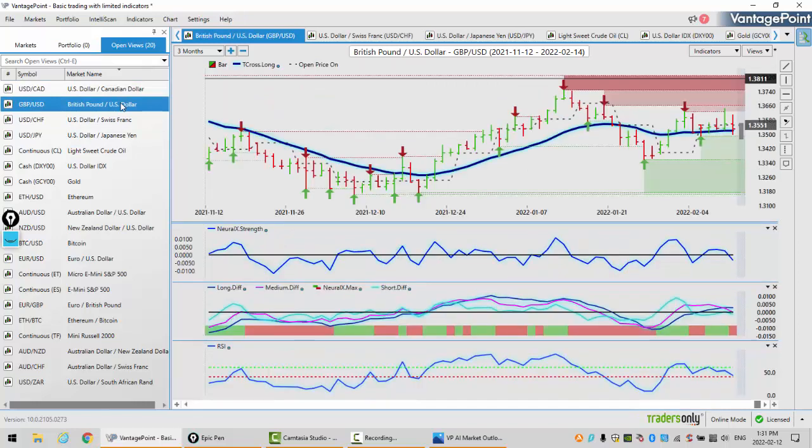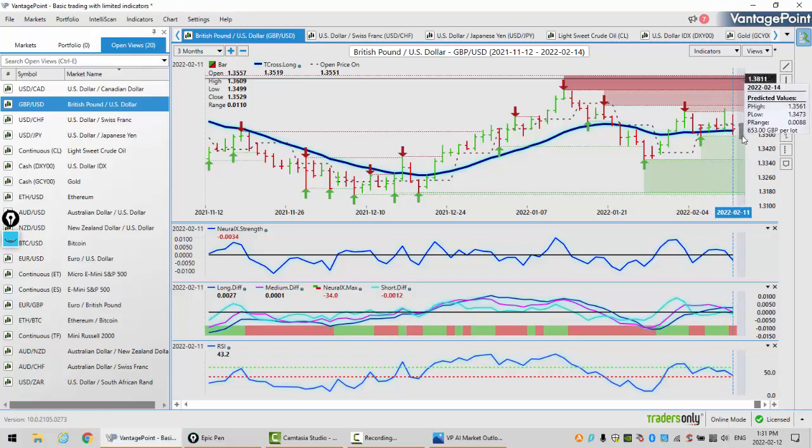Now, with the pound dollar, it's struggled along the weekly opening price the entire week, but with the VantagePoint T-cross long, we can see the kind of value that this particular indicator offers. Because whether you're a bull or a bear, there's enough meat on the bone here for both of you. When I look at this, we're hitting into the weekly opening price, which is a sell, but it's also been a buy off the VantagePoint T-cross long. And then again, we can use our predicted highs and predicted lows, but this signal is now becoming far more ominous here, guys.